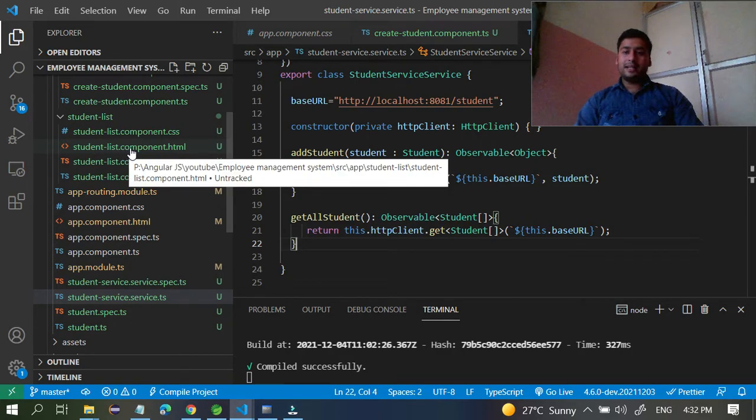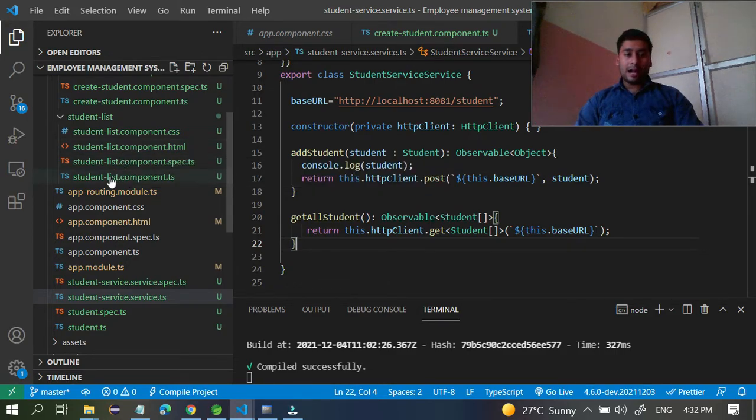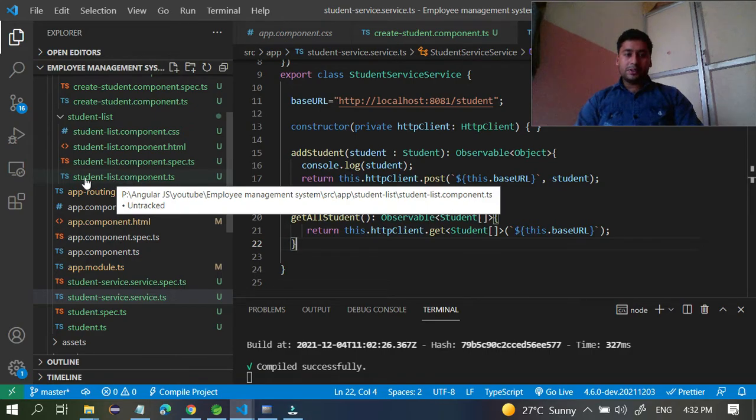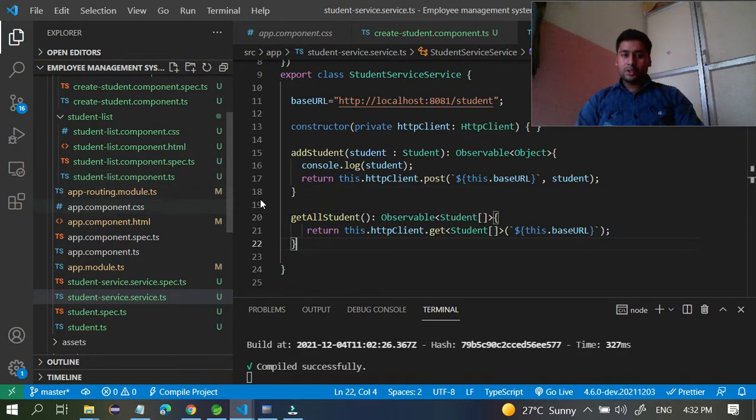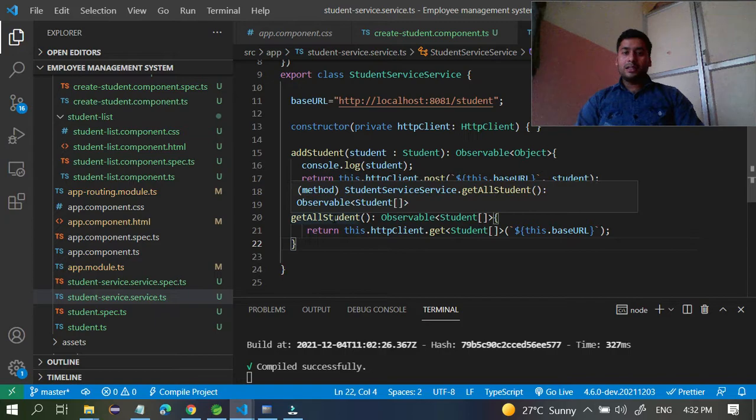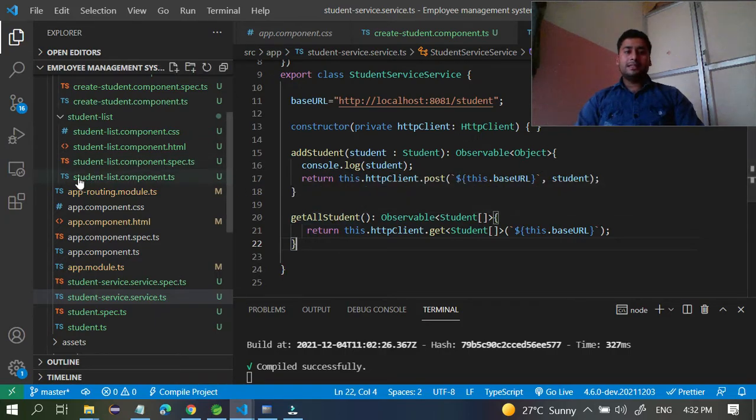You can't send data in the HTML file directly. First, you have to take this data in the student list component. So this method you have to call inside this student list component. Once you call this method, it returns a list of the students.